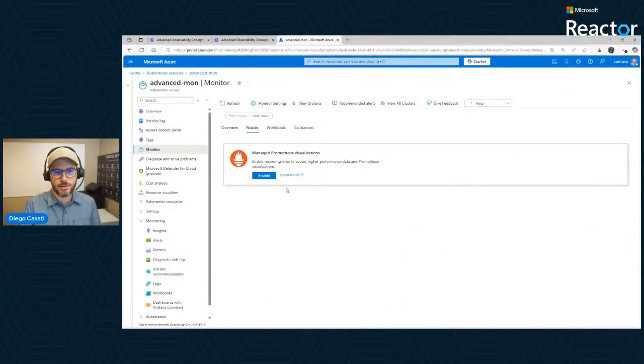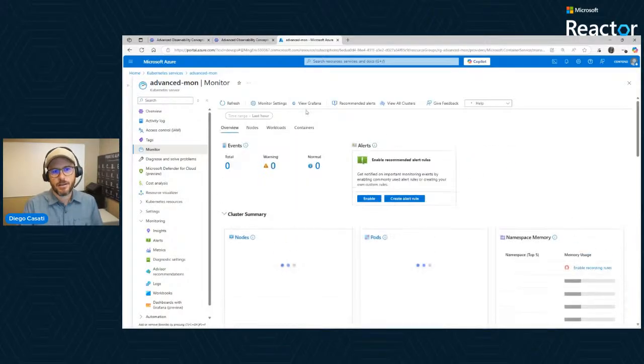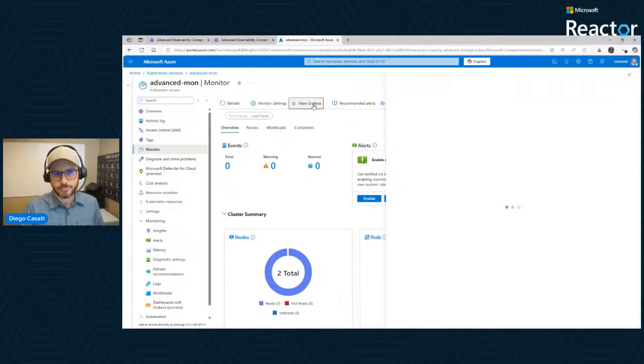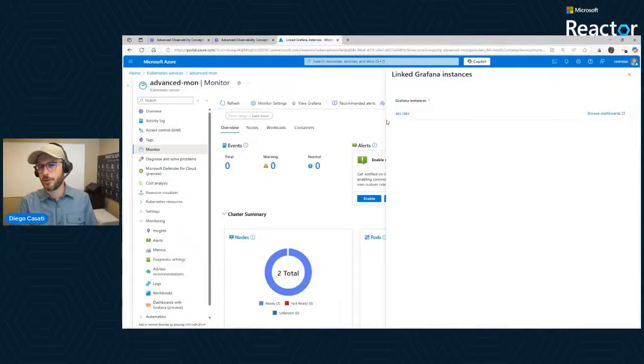You can see that for this specific cluster, I actually did not enable Prometheus. I could, so it's the simplest way of just getting going. I didn't do much more than that in there, but I do have Grafana enabled on this cluster, which we're going to do the same with a new cluster we're creating right now.